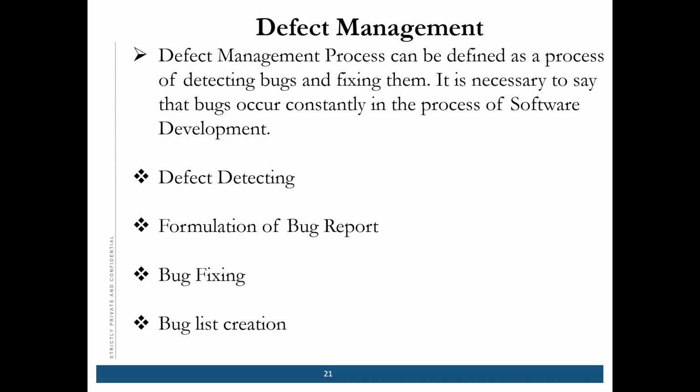The process of defect management or bug tracking is usually conducted at the stage of product testing, and without realizing this, it would be hard to understand the nature of defect management at the end of the process, right? After the software is developed, it is very hard to find the defects. So while doing the development, usually we should start the defect management process. Okay, so it is very important.